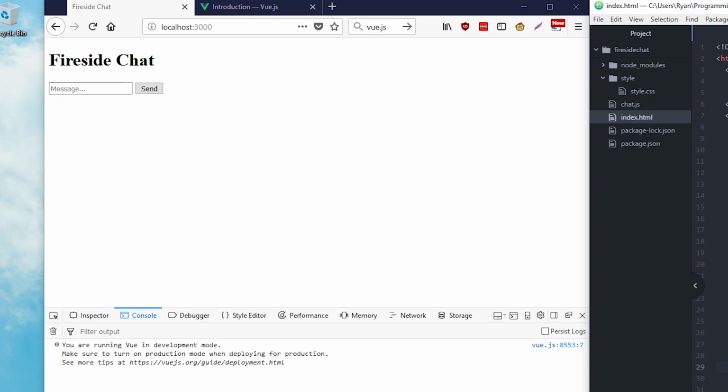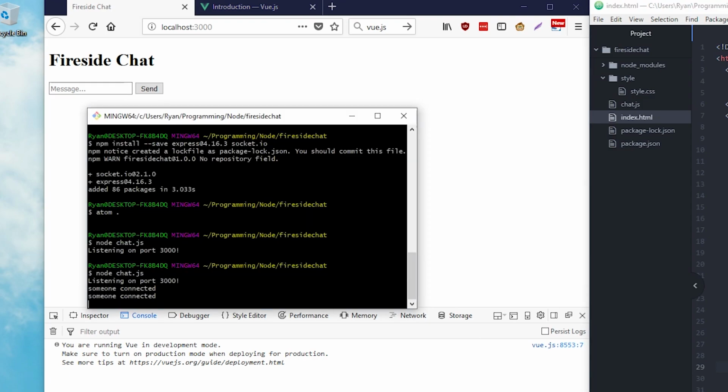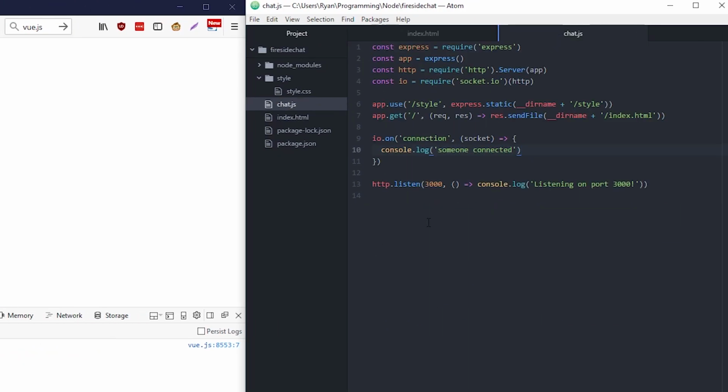And so that sent it out to the server. The server has no idea what's going on. It still says someone connected, but it's getting this random event. It's like, I don't know what to do with this. So what we need to do after that is actually tell the server how to respond to that event. And so what we can do is say socket.on,